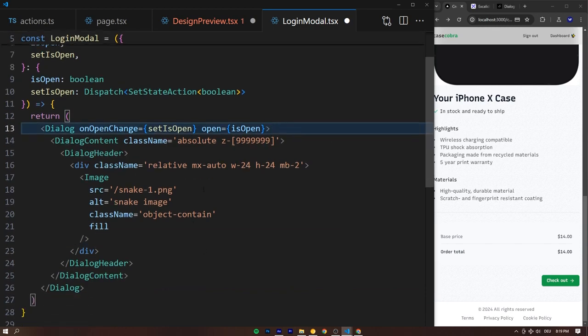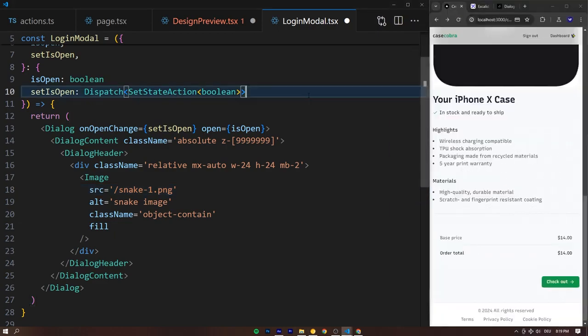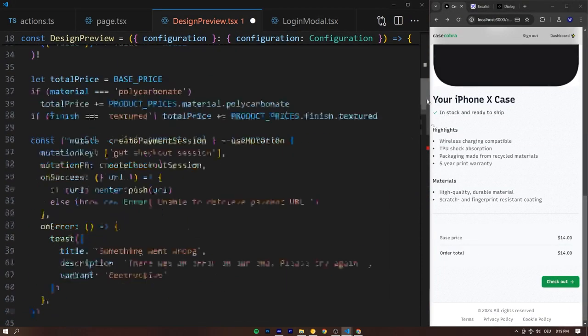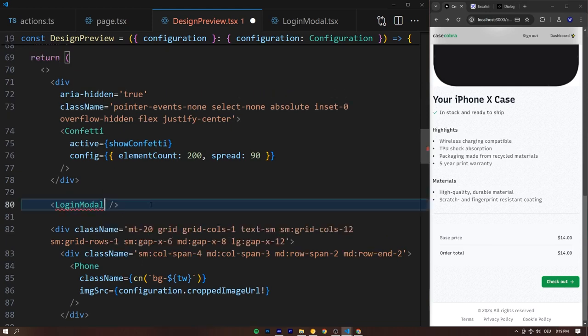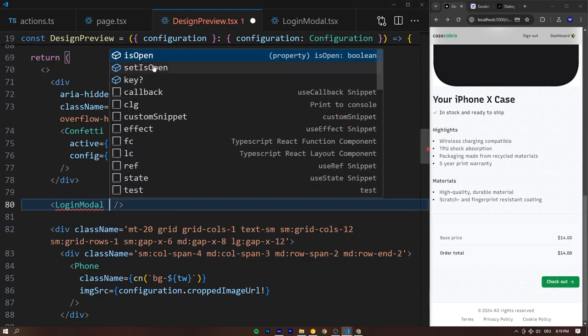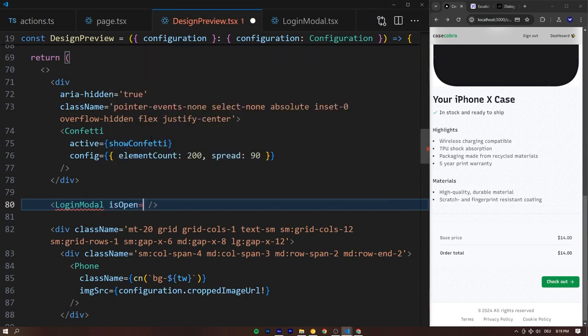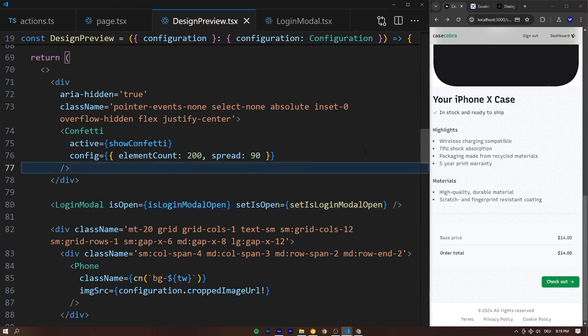Now, before we continue in the login modal, let's already see if this works, right? Let's give this a bit more space. Let's save the login modal and now also import that, of course, in our design preview. Now this expects the two properties that we set in the login modal. So the isOpen that it expects, right? These two at once. The isOpen is simply going to be isLoginModalOpen. And the setIsOpen that this expects is going to be setIsLoginModalOpen. So basically we're straight passing in the state setter into the login modal to make it controlled by the parent